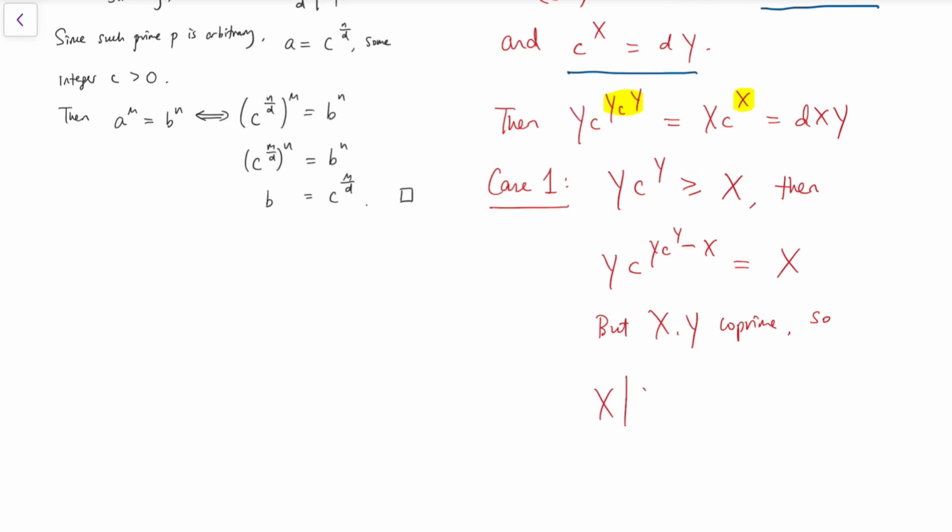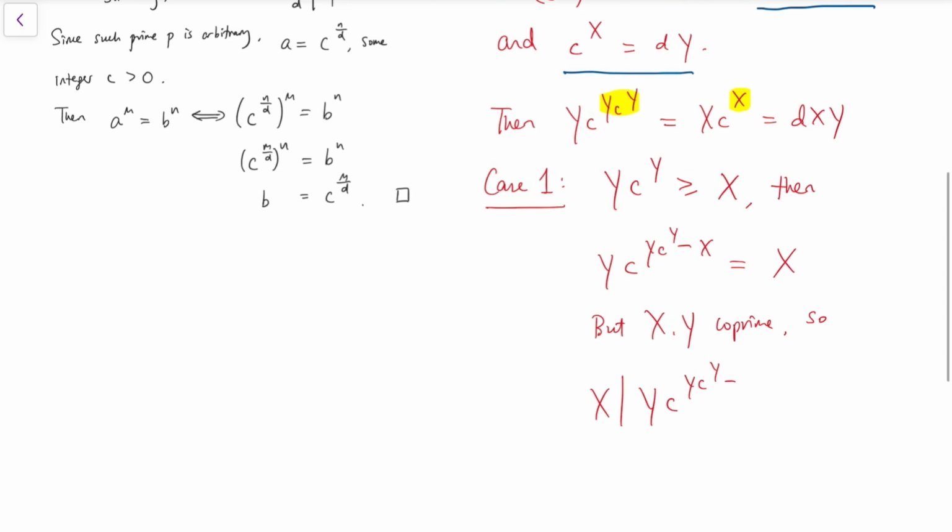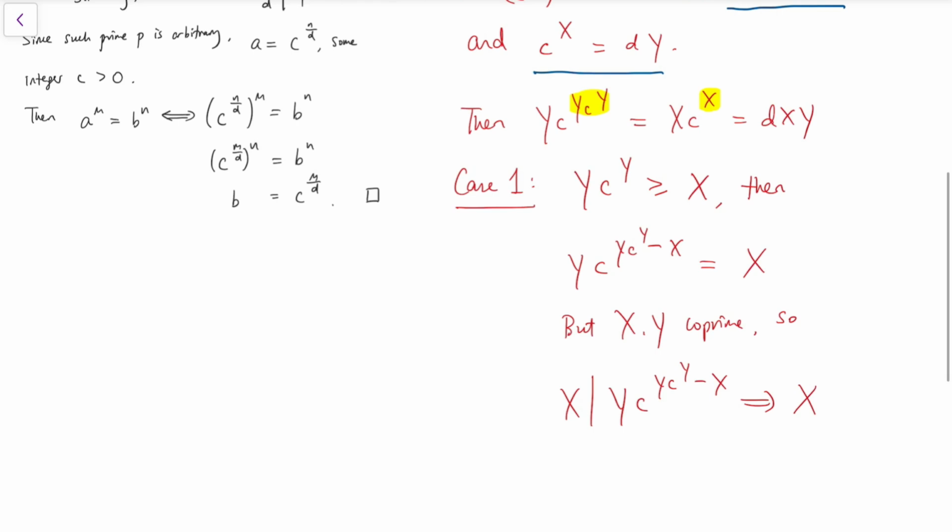So the fact that X divides Y times that power of c will tell us that X has to divide the power of c, because X and Y do not share any common prime factors, so all the prime factors of X should appear in the power of c. But we know that Y is another integer,